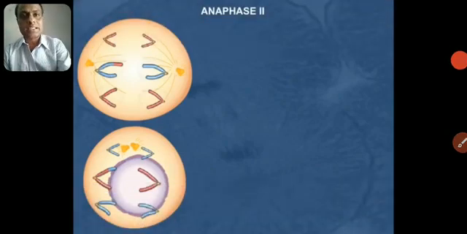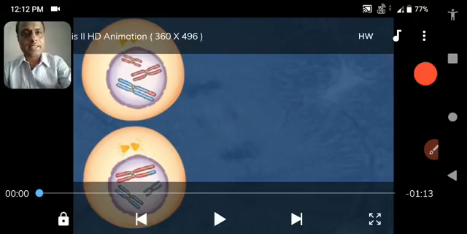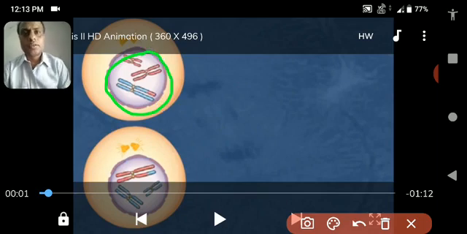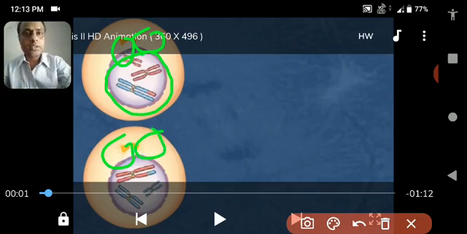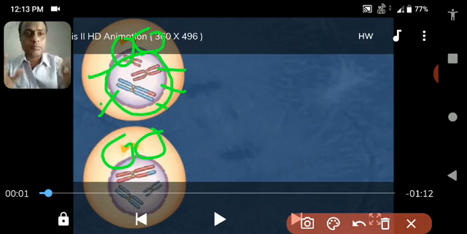So, what have you watched in this video? From earlier, just see, in prophase stage, the nucleus is present. In prophase stage, the nucleus contains the chromosomes. You can see the number of chromosomes is 3 over here, and you can also see the 2 centrioles. These 2 centrioles go apart from each other during the prophase stage, and the nuclear membrane disappears again, and all the chromosomes are spread inside the cytoplasm. Let's watch once again.